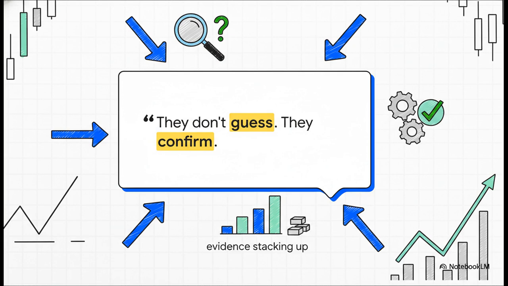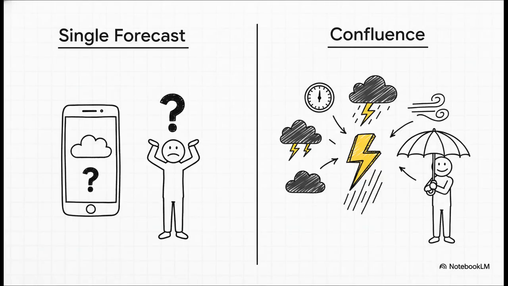And this quote just gets right to the heart of the professional mindset. It's not about guessing, it's about confirming. It's about being patient and waiting for all the different pieces of evidence to line up and tell you one single coherent story. Here is the perfect analogy, the weather forecast. Let's say one app on your phone says it might rain. Okay, maybe you'll grab a jacket, no big deal. But what happens when the barometer's dropping, you see dark clouds rolling in, and you can feel the humidity spiking in the air? Now you've got confluence. Multiple, independent factors are all screaming the same thing. You don't just think it's going to rain, you have a high conviction forecast. You're grabbing the umbrella for sure.